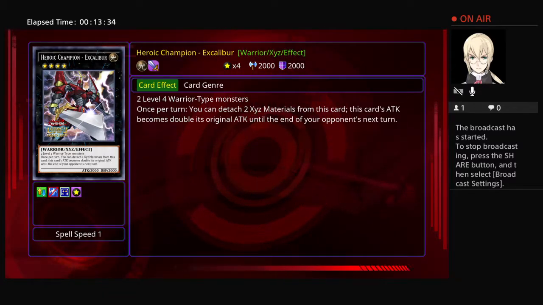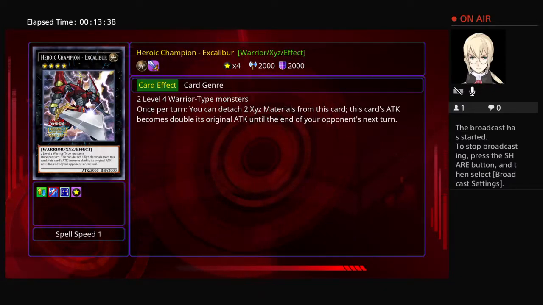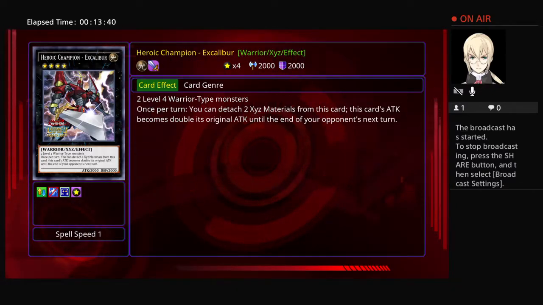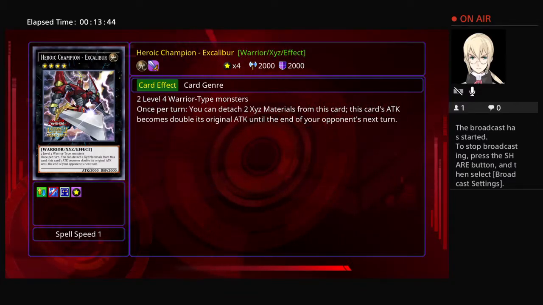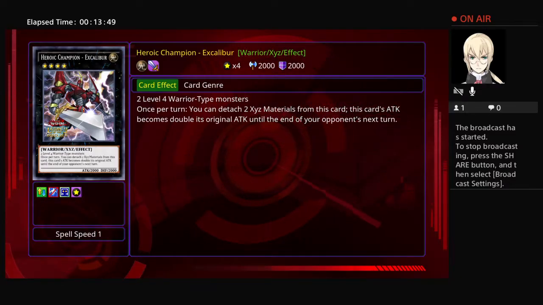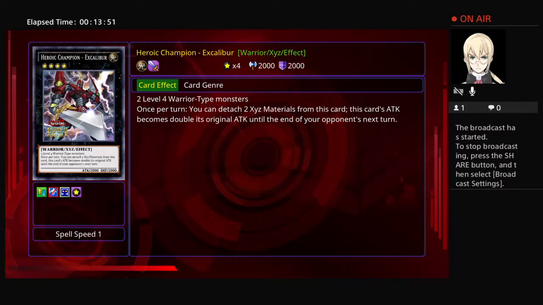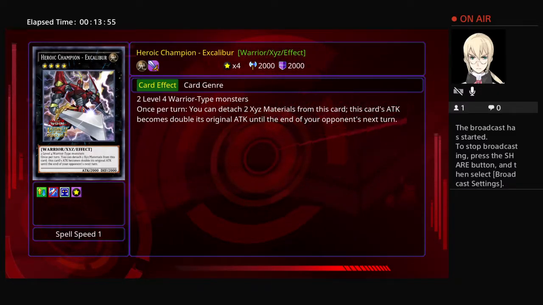I mean, it kind of reminds you of Pokemon XY. Anyway, so it's XYZ, right? Now you notice it says at the bottom, 2 level 4 warrior type monsters, right? That is what you need, 2 level 4 warrior type monsters. So let's say you have 2 level 4 warrior type monsters on the field,